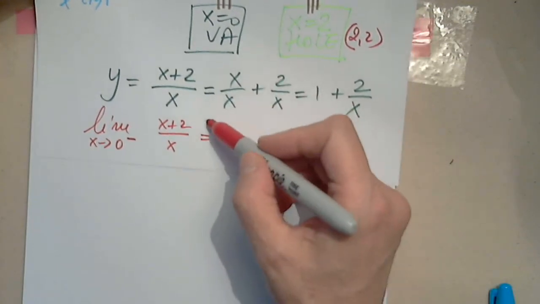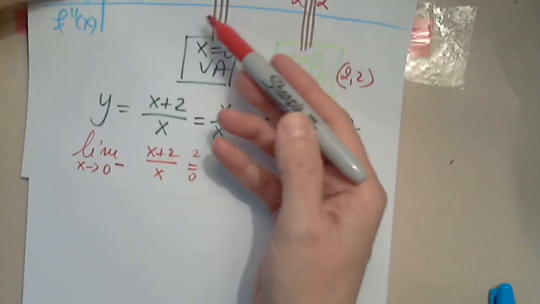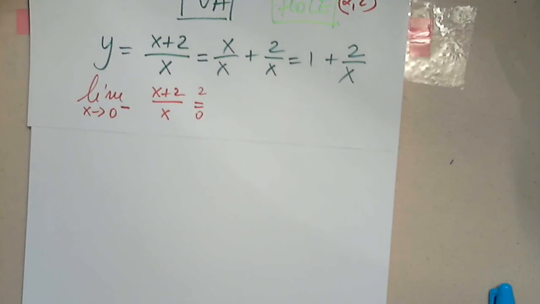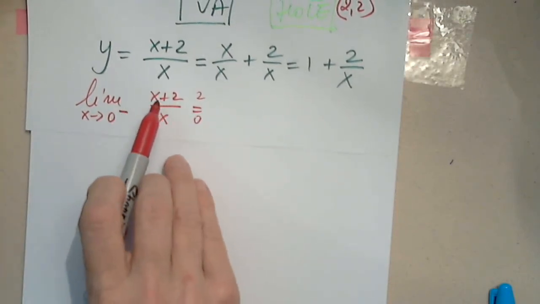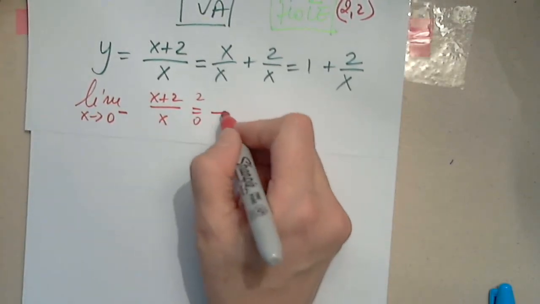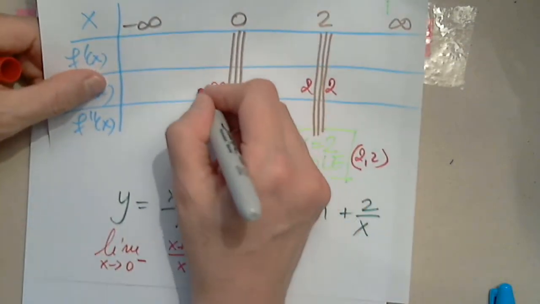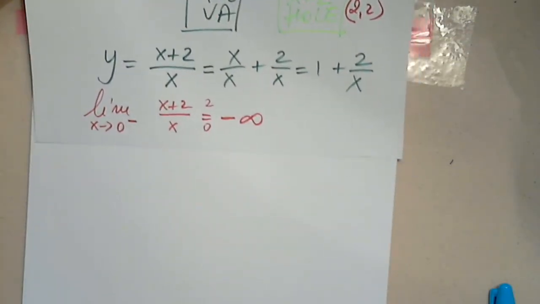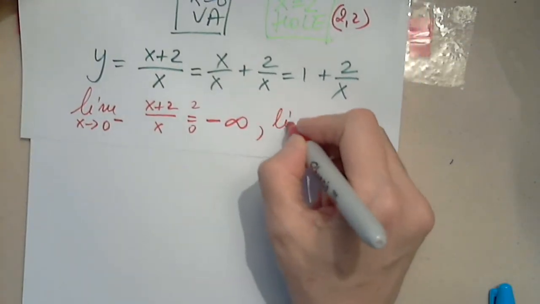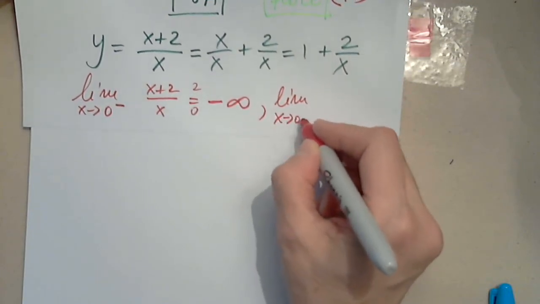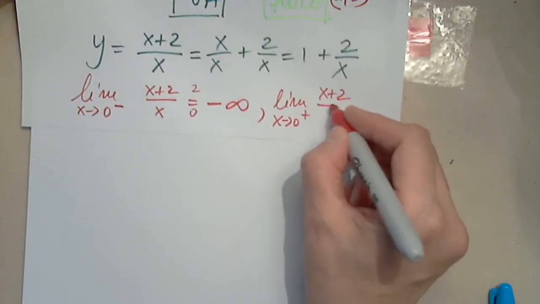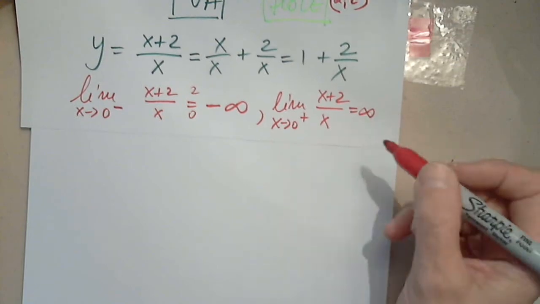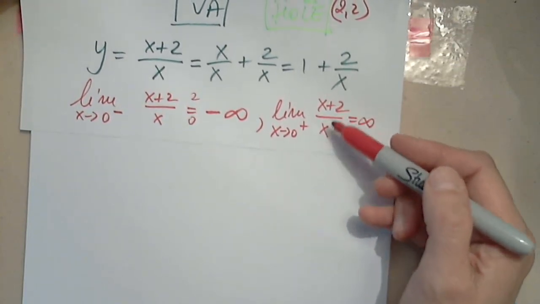And I know it's 2 over 0, so I know it has to be infinity. And I plug in negative 0.1, positive over negative. And now in the same way, limit as x approaches 0 from the right of (x plus 2) over x will be infinity, because with 0.1,